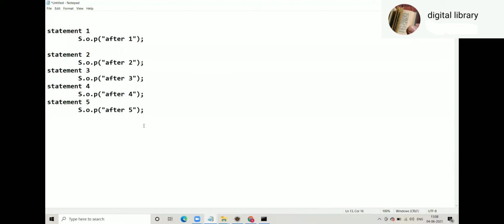And if you notice, after 1 and after 2 comes, then you say, "Arey, after 1 and after 2 comes, that means third statement ko koi problem hai. Third statement onwards, there is some problem." If you get 1, 2, 3, 4, say, "Arey, last statement mein kuch problem hai. So chalo, I will go to the source code, make changes and run again." So this is the simplest way of testing your code. No doubt about that, simplest way. You don't have to learn any new technique for that.